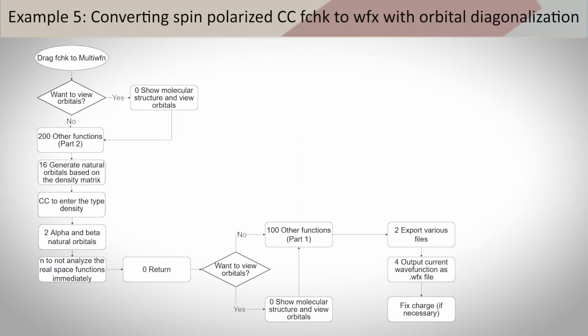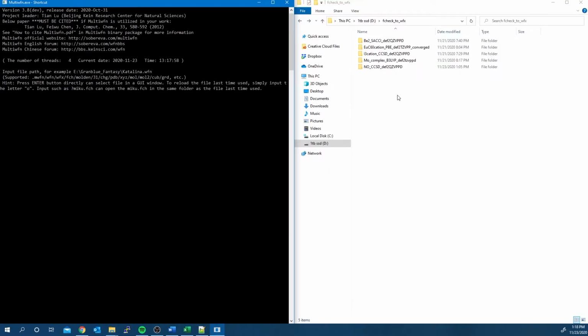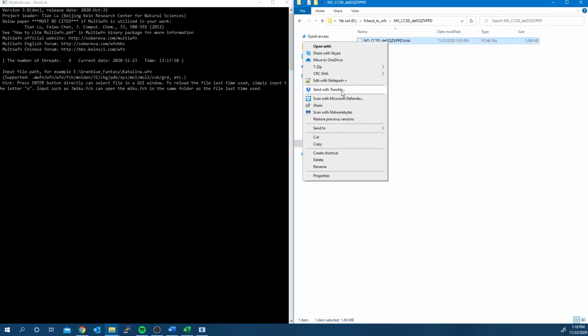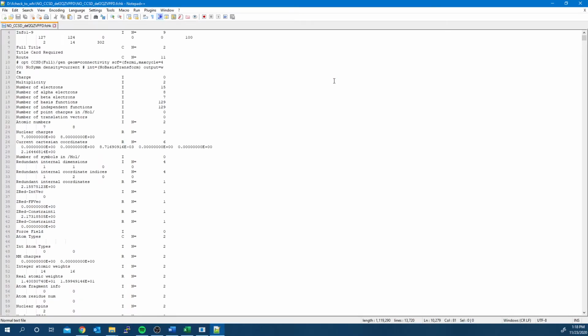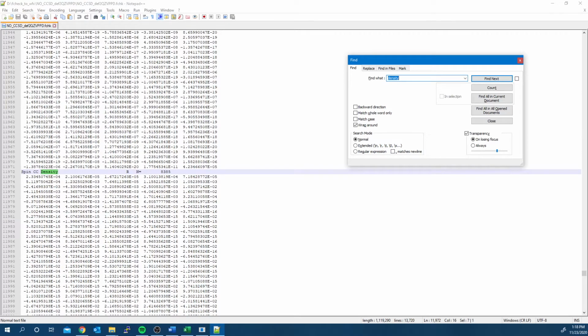Example 5 shows how to complete a similar process as example 4, but with the spin polarization. Open a new window of multi-WFN. Open the fcheck file and look for density. We now find SCF, spin SCF, and CC matrix densities.